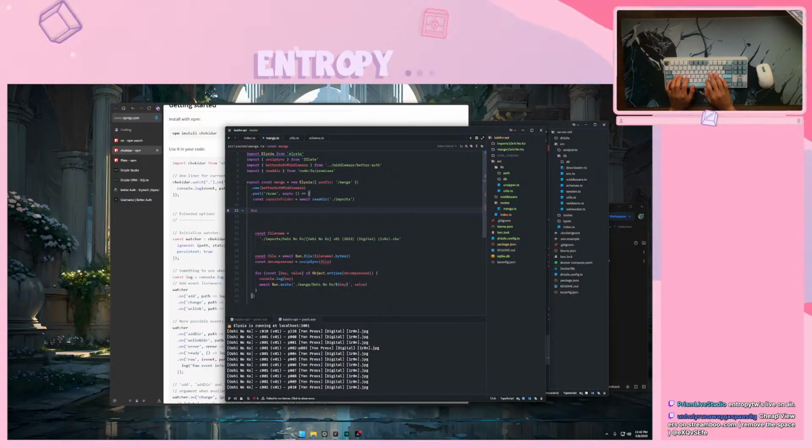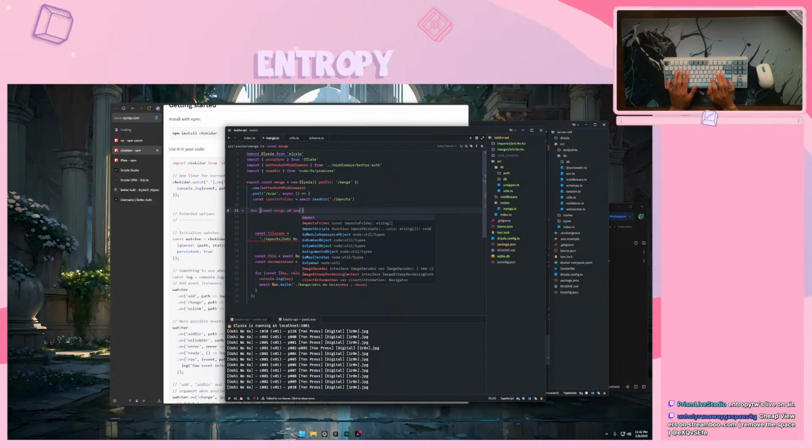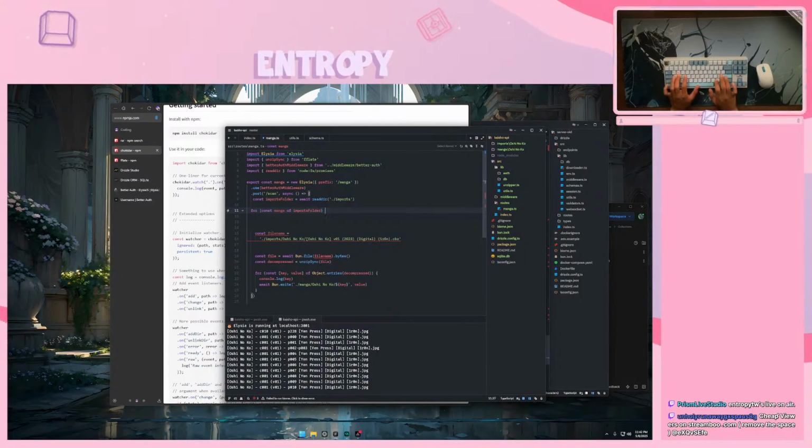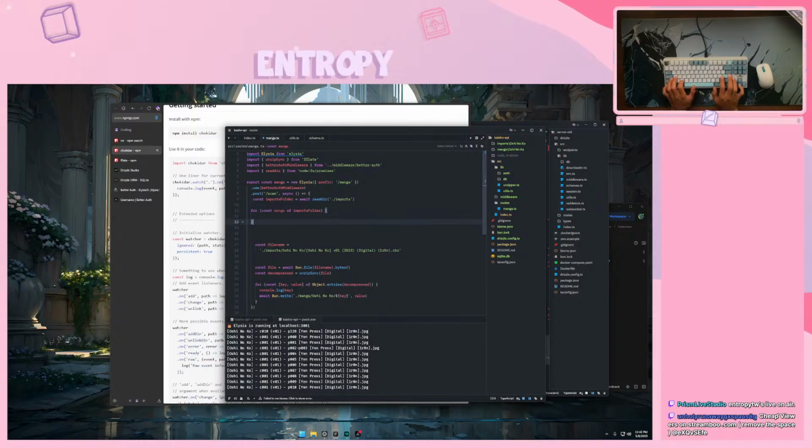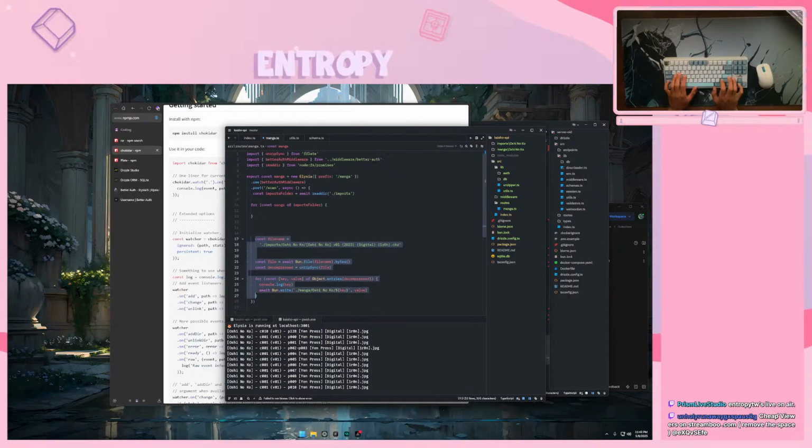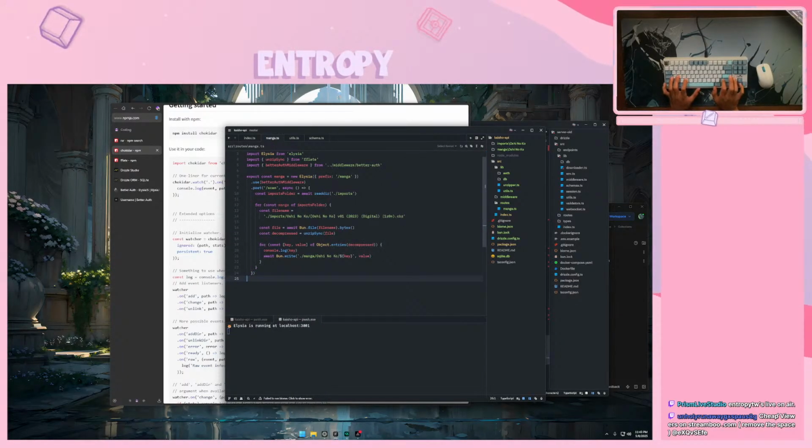So for const CBZ, I want to call it CBZ. I mean, for const, we'll do manga of importsFolder. And then we will, oh, that's not what I wanted. Move all this under here. File name will now be